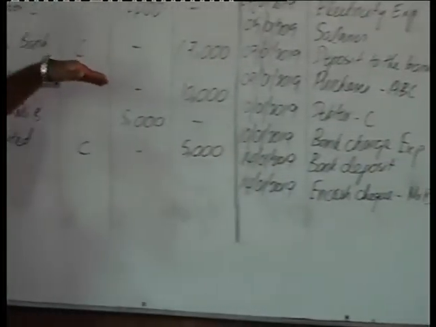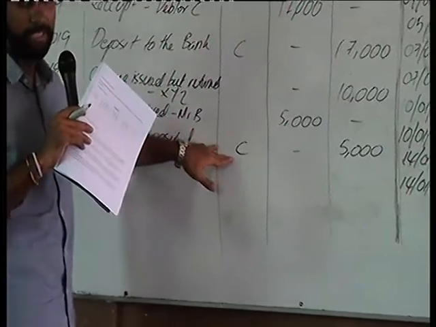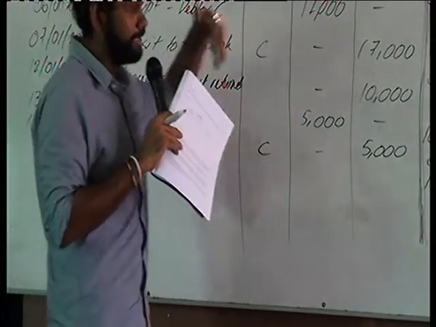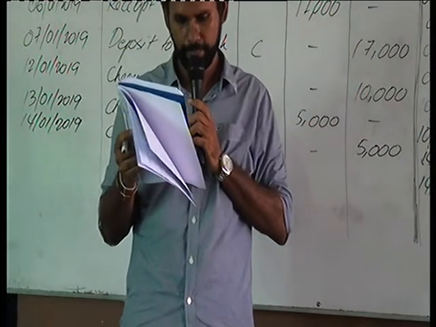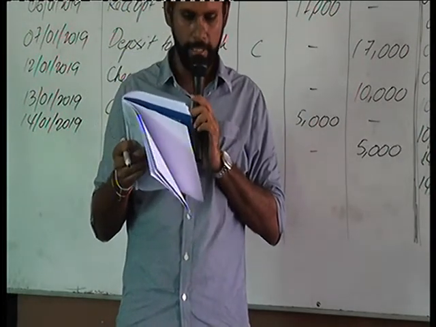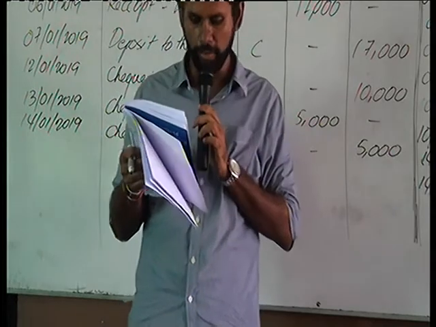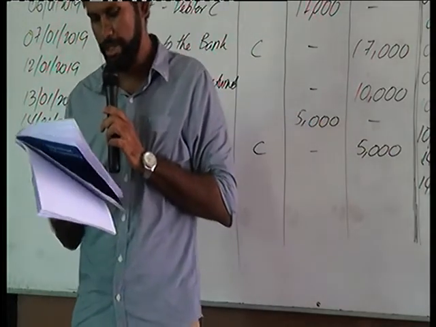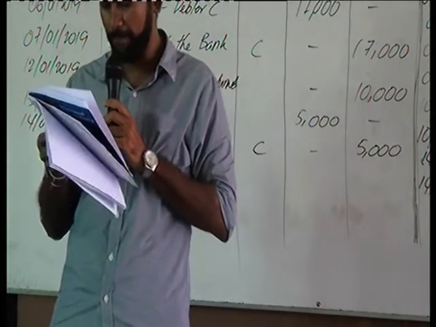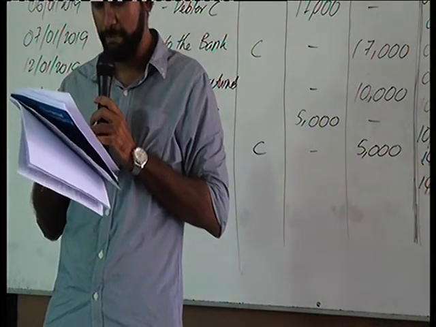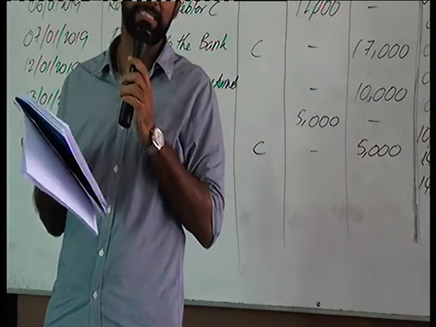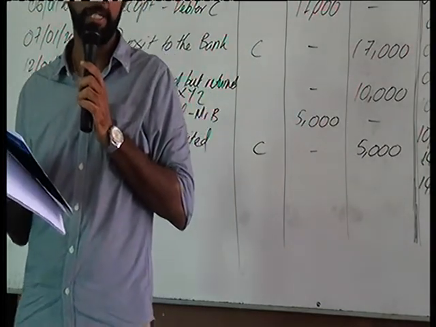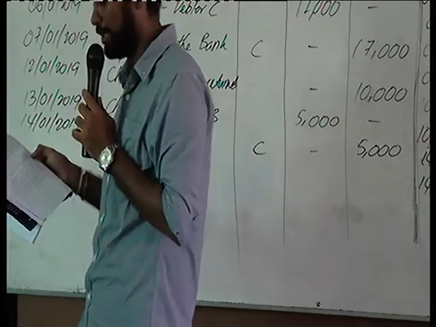And on 14th, we have deposited that into bank. And then we have taken the cash out from the bank. That is what encashed means. Then on 15th, a check of 3,000 has been encashed and 2,950 paid to the bearer of the check, Mr. W, after deducting 50 rupees as commission.